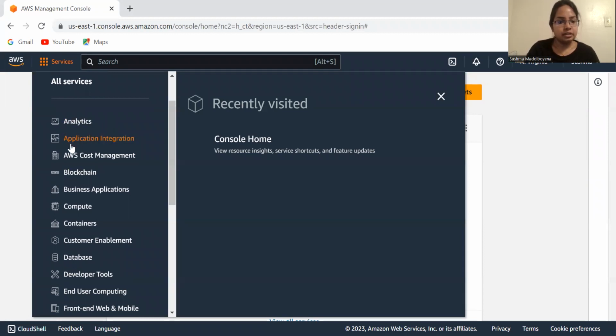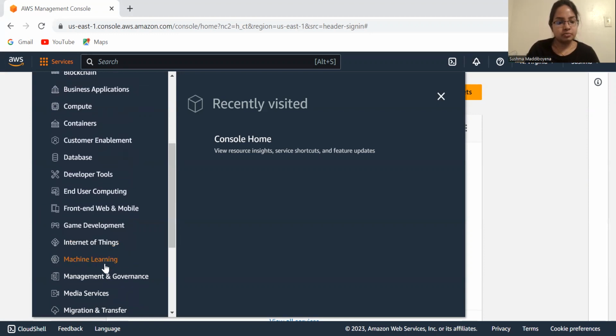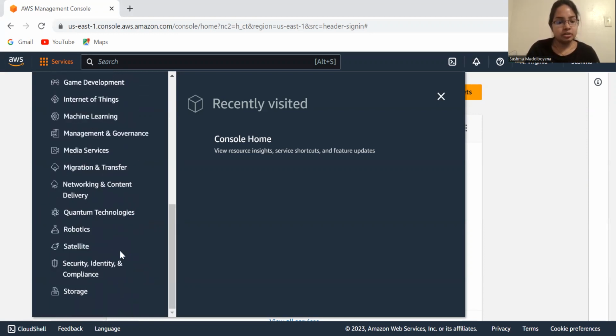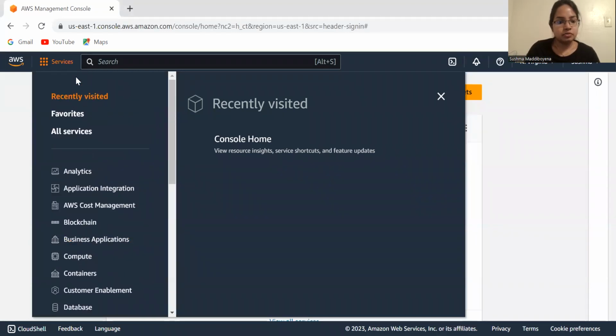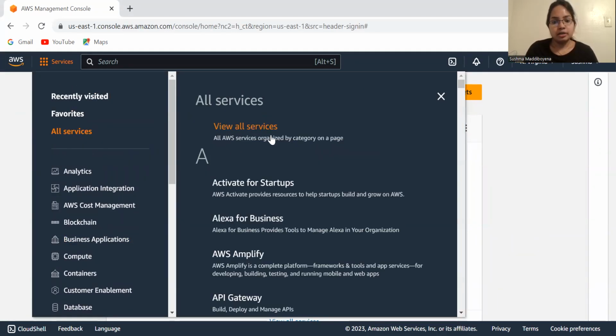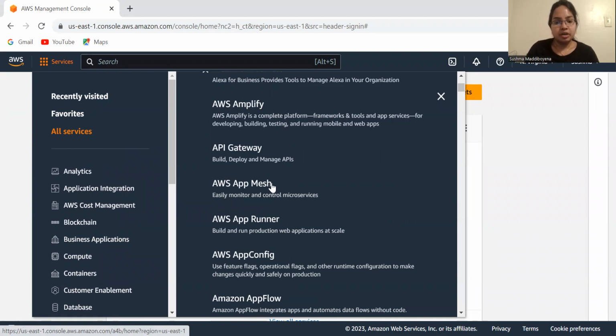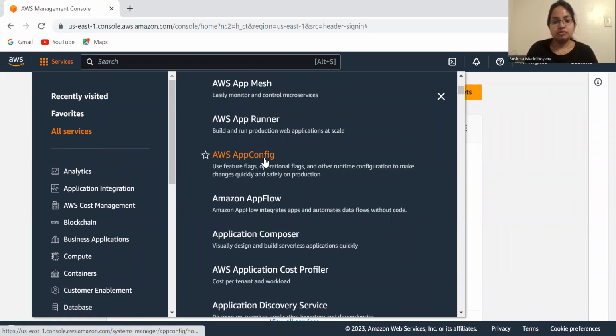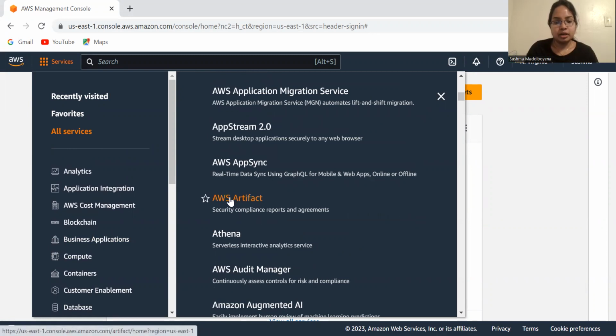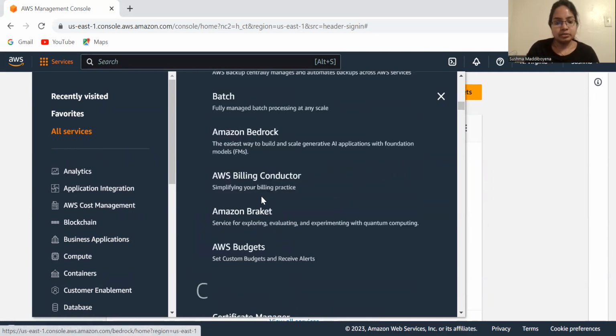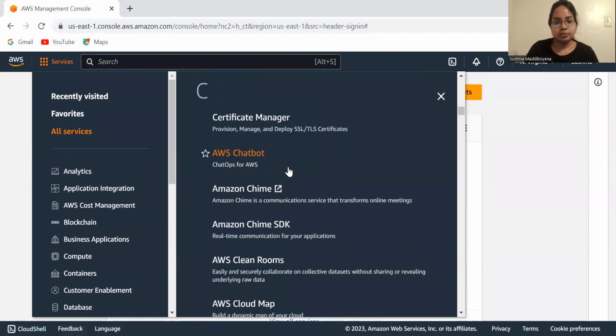Here we have analytics, application integration, AWS cost management, blockchain, compute, containers, customer enablement, database, development tools, Internet of Things, machine learning, game development. There are several things which we can work on. First of all, let's select all services. In all services, we have so many services provided by AWS. We have API Gateway, AWS App Config, Athena, AWS Artifact, and even if we swipe down, there are so many services provided by AWS, and AWS Chatbot,